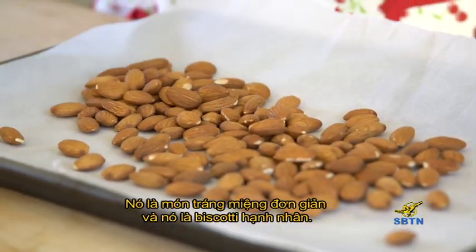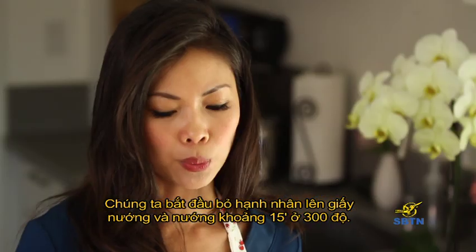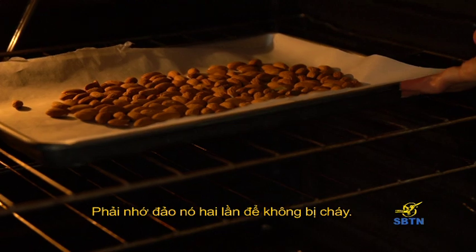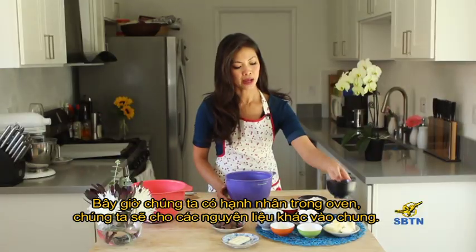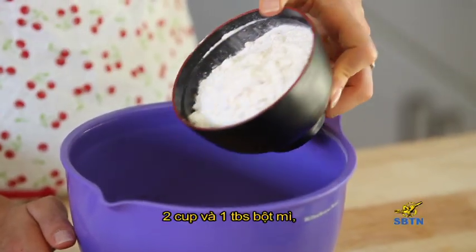So what we'll do first here is put the almonds on a baking sheet with parchment paper, and we'll toast it at 300 degrees for about 15 minutes, and we just have to turn it about twice. So now that we have the almonds in the oven, we'll take this time to put all the other ingredients together. So we will add the 1 cup of light brown sugar into a bowl, 2 cups and 1 tablespoon